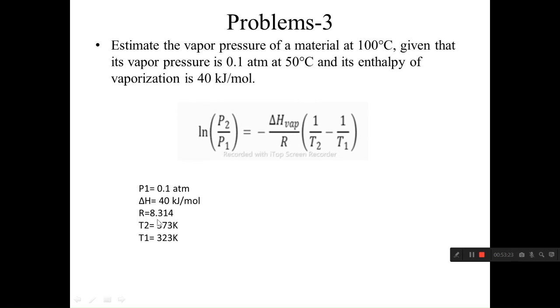From this relation, everything is given directly here. So it is ln P2 we need to determine, that is 0.1 atmosphere P1, delta H is 40 kilojoule,